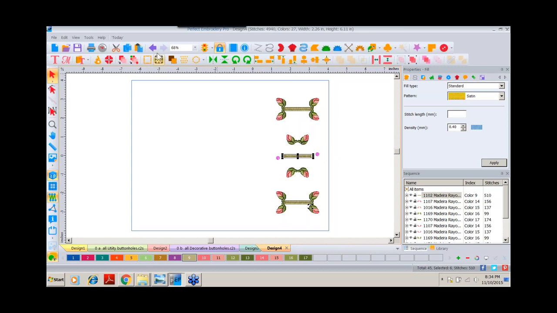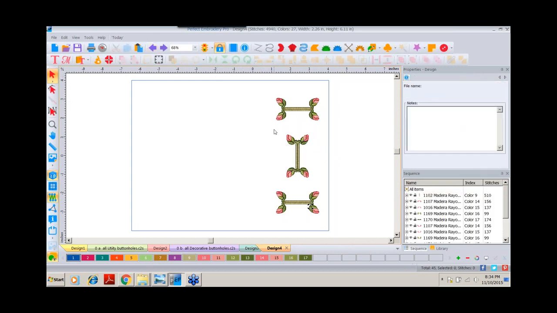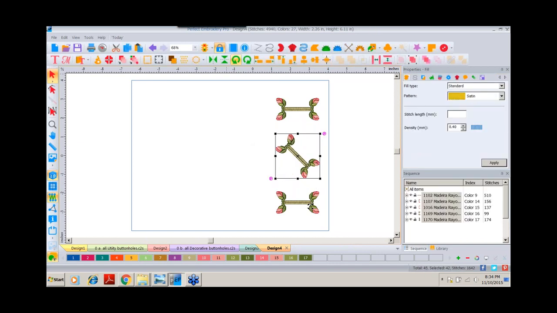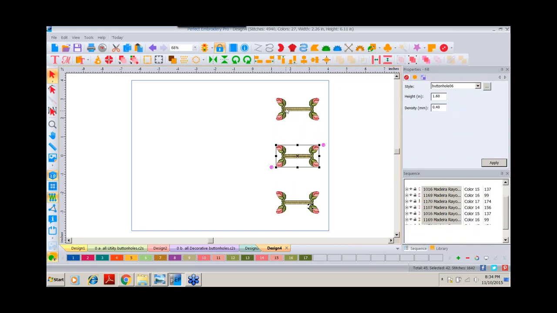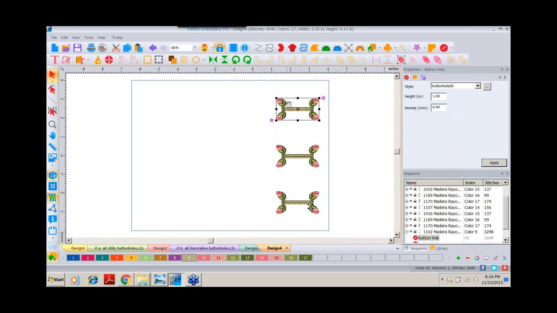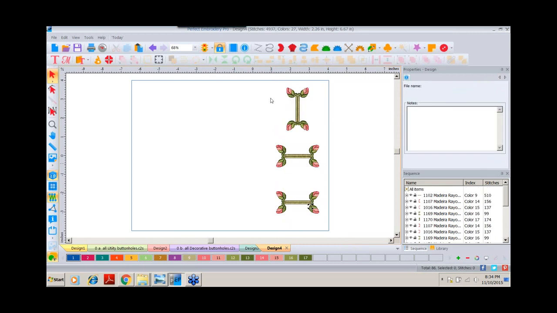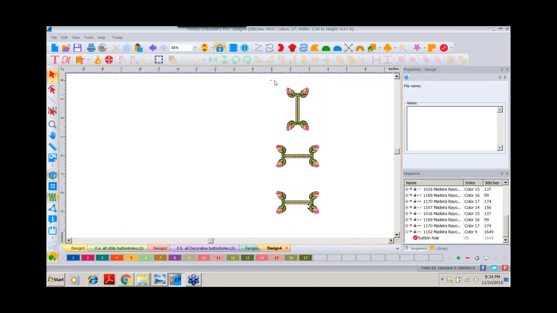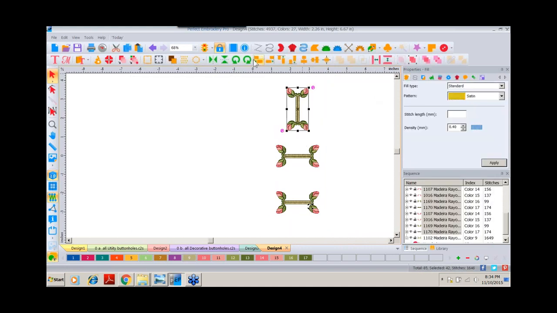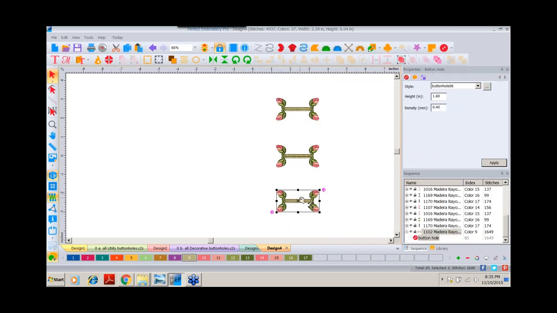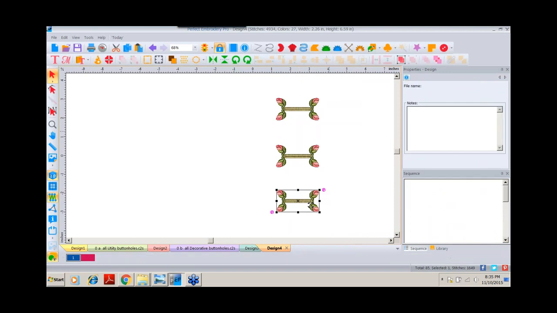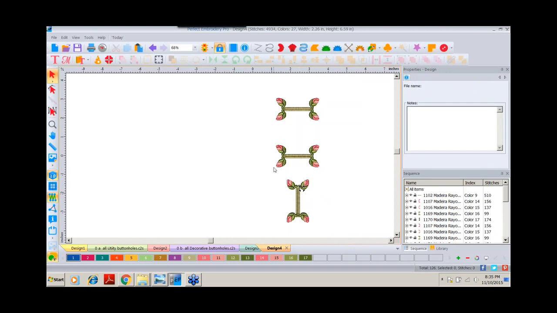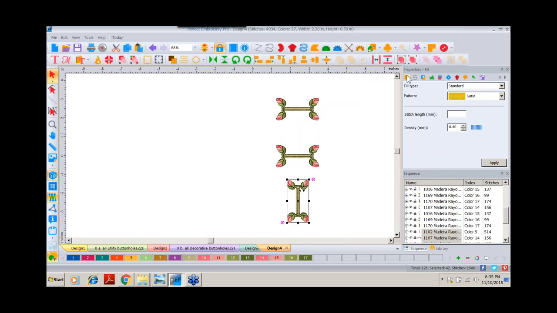I apologize, that's not what I want to do. We want to group that and now rotate it. That would be a better deal. And I think that with this one, I undid the breakup, so I'll do a right click, break up path, select it. I don't need that anymore, we'll delete it. I'll select this, group it, rotate it, and last one, we'll do a breakup path, and I need to select it, group,